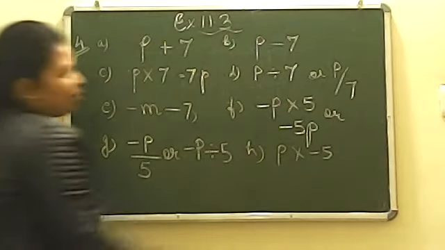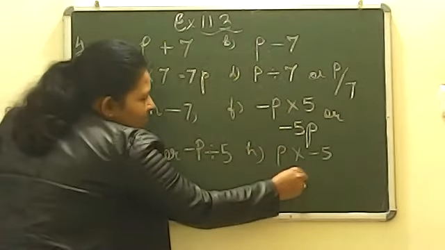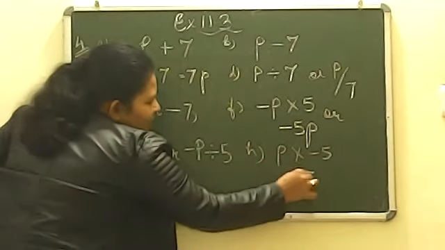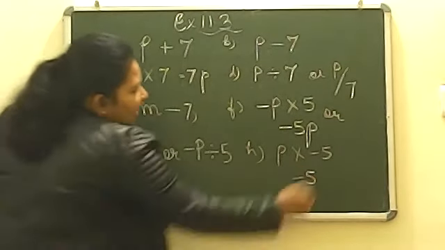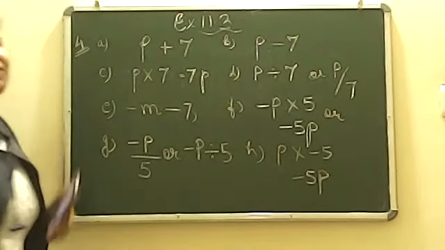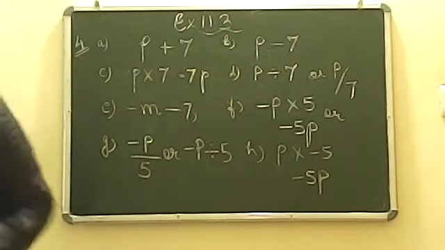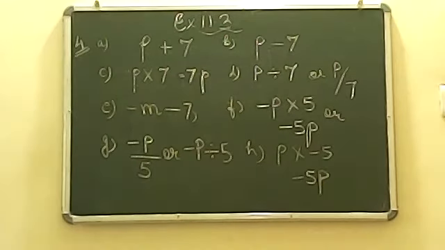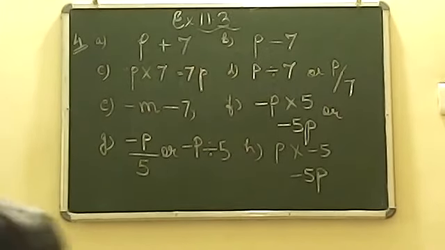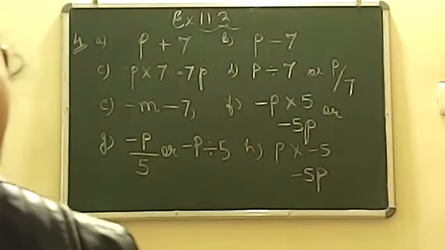Wonderful, Sanat, Anshuman and rest others for writing the answer. First of all will come the minus sign. Then we will have 5 as a number. And at the last, we will have the variable. So the answer would be minus 5P. Okay. So this is all about question number 4. Just now we have completed. Now I want all of you, if you have a question in this, please raise your hand.